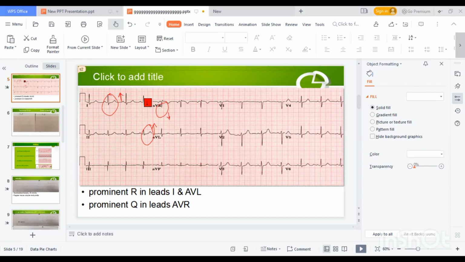If we see the reversal of these leads, lead 1 downward and lead AVL downward and lead AVR upward,